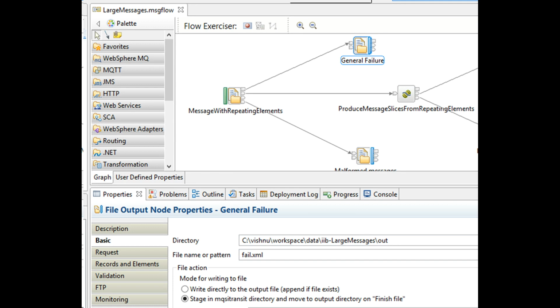The second error category is application errors. Let's say the Java code that we have written has some programming defect. This will cause an exception list to be thrown, and those errors we will capture into the out folder as well, with the proper name. The file name indicates the error category here.